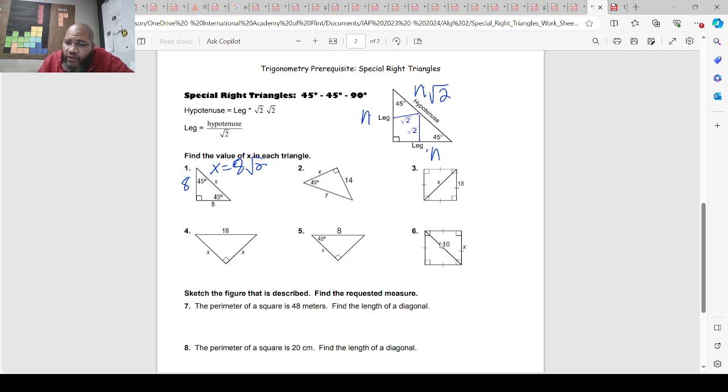So each one of these angles is 90 degrees, but that line cuts them in half. So guess what that does? That makes this a 45, 45, 90 triangle. And so what are my rules? The legs are the whole number, and then you take the whole number times the square root of 2, you get it. So that means that I've got n times the square root of 2, well, let's say x,